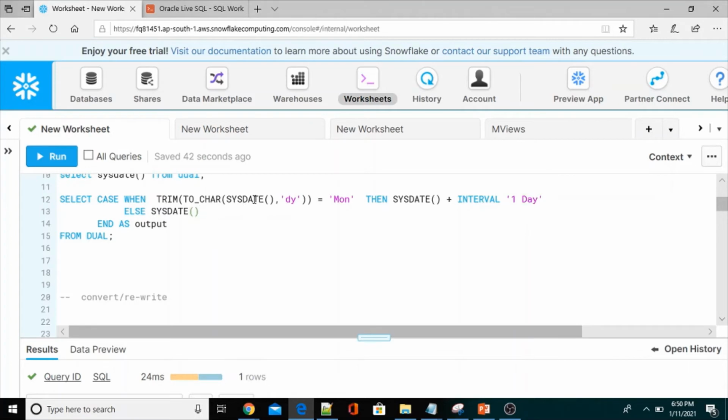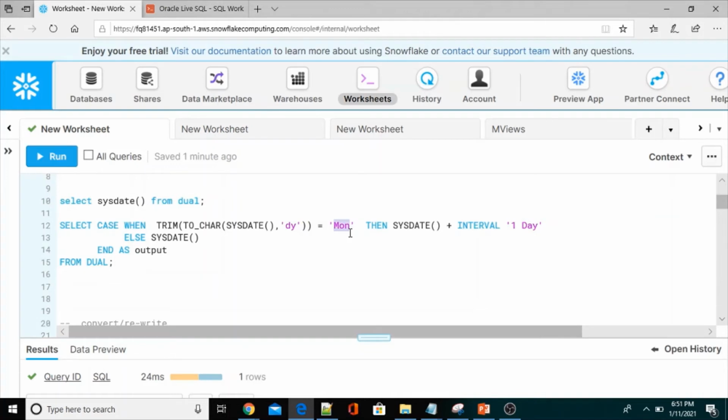After that, when you pass the sysdate to your toChar, it will not take DAY, because in Snowflake we don't have any parameter DAY. Instead of that, we have to provide DY. That is another one. And even then we didn't get the expected output. For that, what I did, we have to change the full name, because in Oracle we have a full day name and a 3 character day name, but in Snowflake we don't have a direct function to get the full day name, like Sunday, Monday, Tuesday.